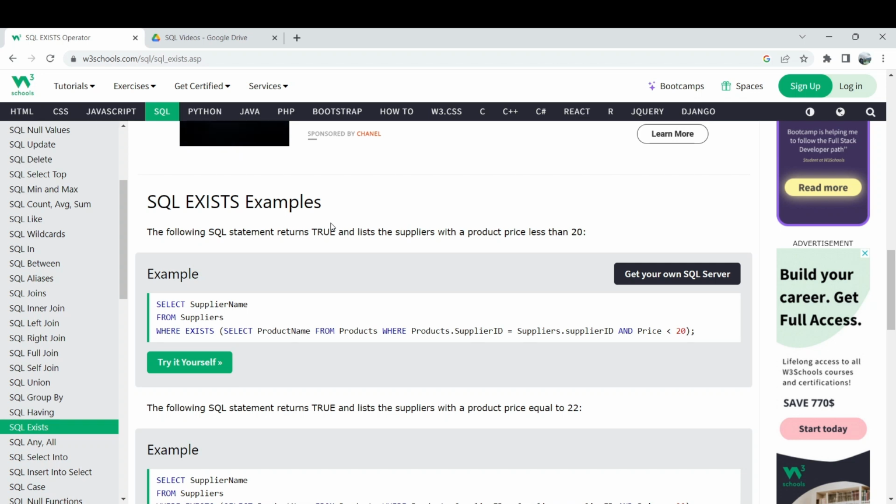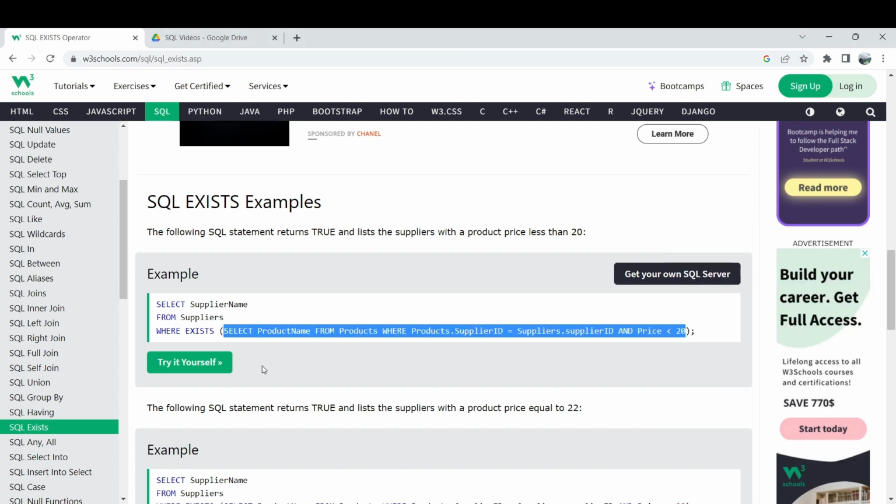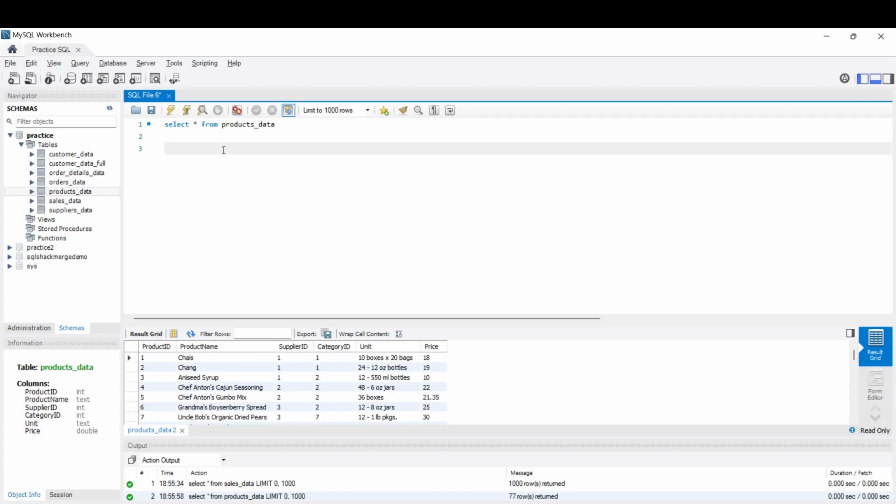Right. So in our previous video, we talked about how we can use SQL EXISTS. In EXISTS, we saw a query like this: we had an actual query, and then a query inside a query. We call these kinds of queries subqueries. In this video, we are going to talk about how subqueries work. So let me go to the MySQL Workbench, and in here,